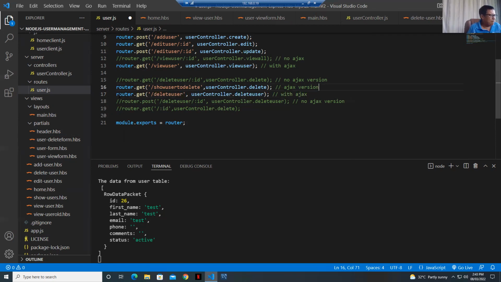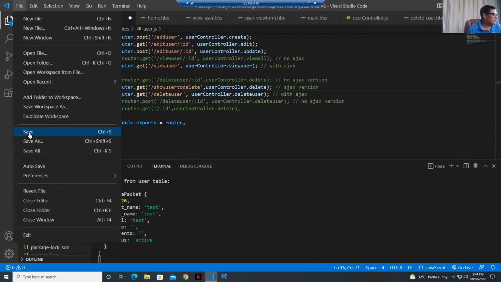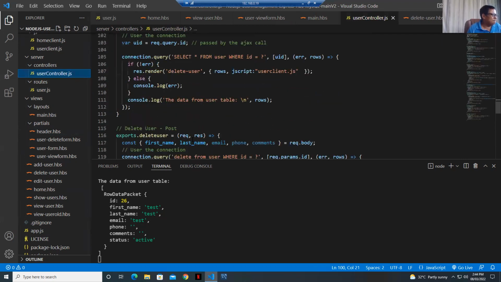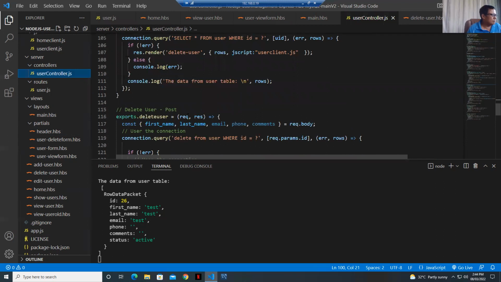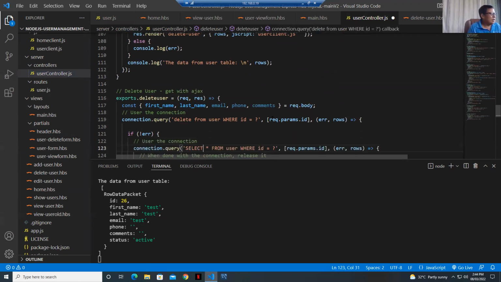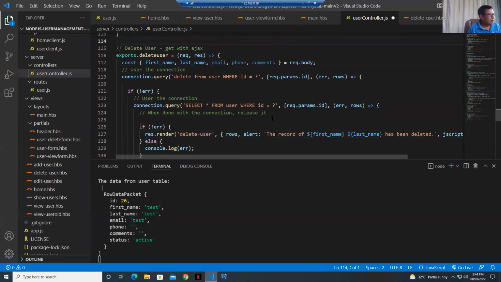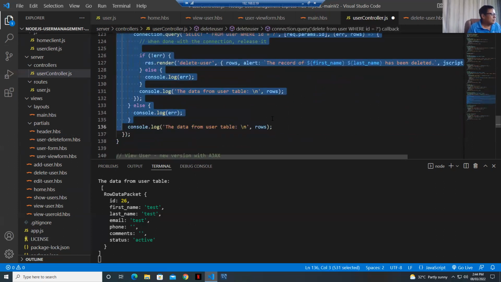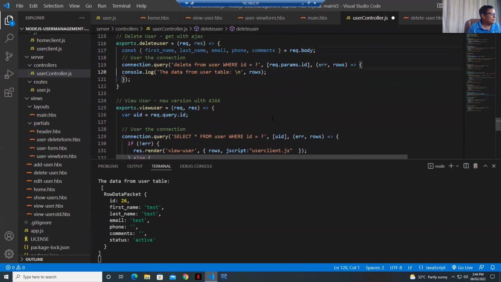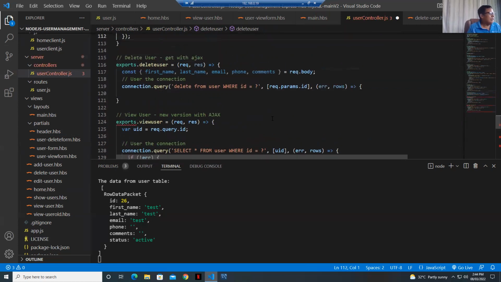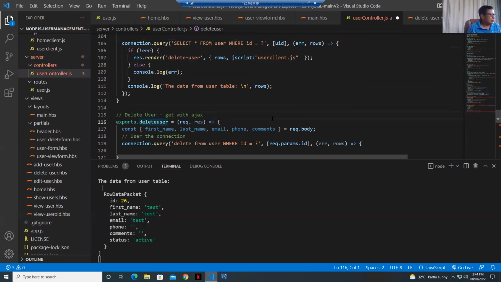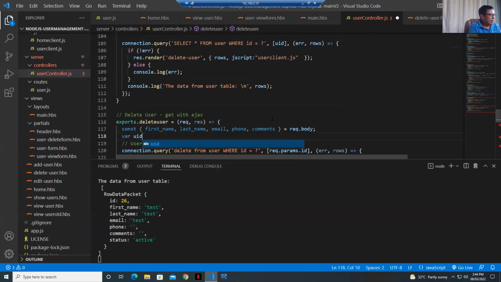We call delete user. With AJAX, what we will do here is, if there's an error, we are not going to show anything anymore, so we'll just remove this. I'll also remove the console.log, because it has too many records. Okay. Do you follow? So then we'll have var uid is equal to